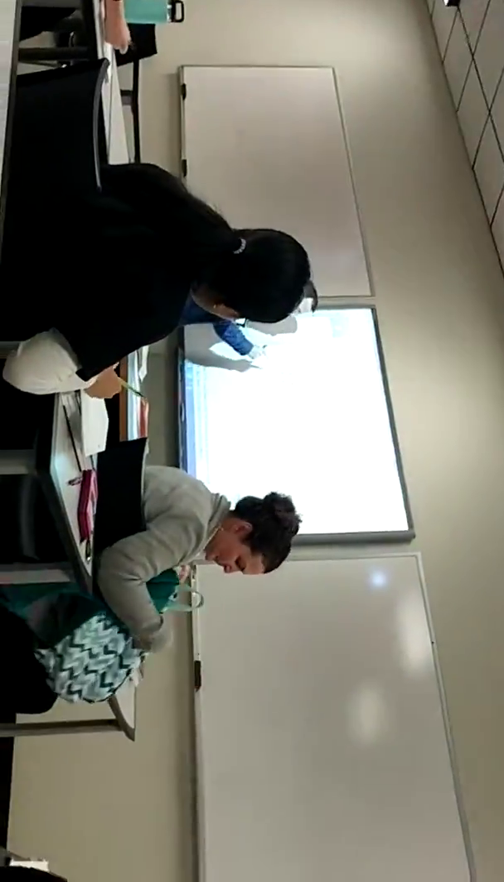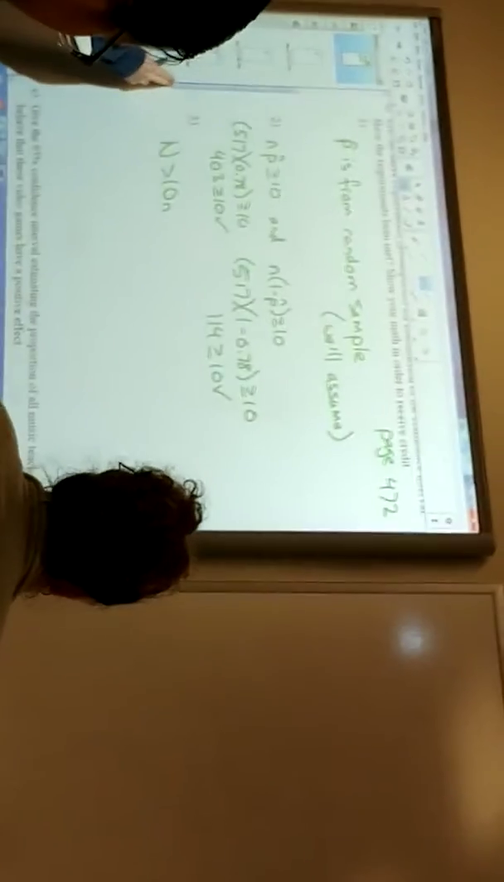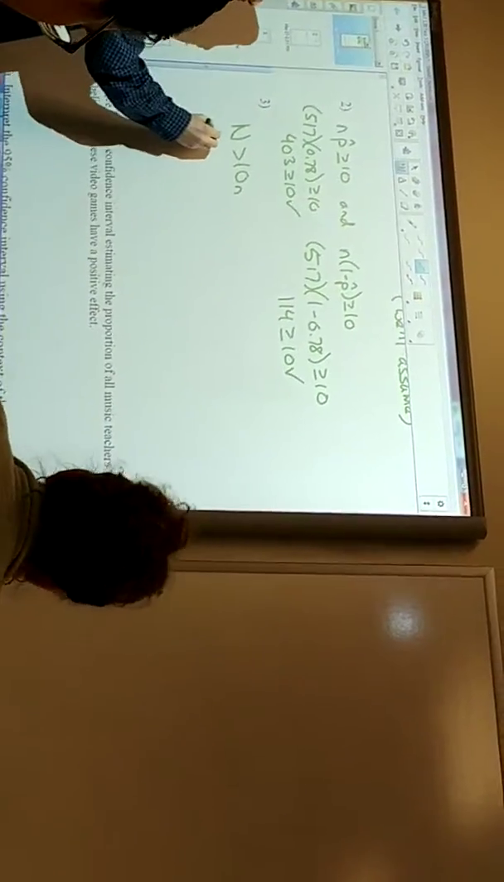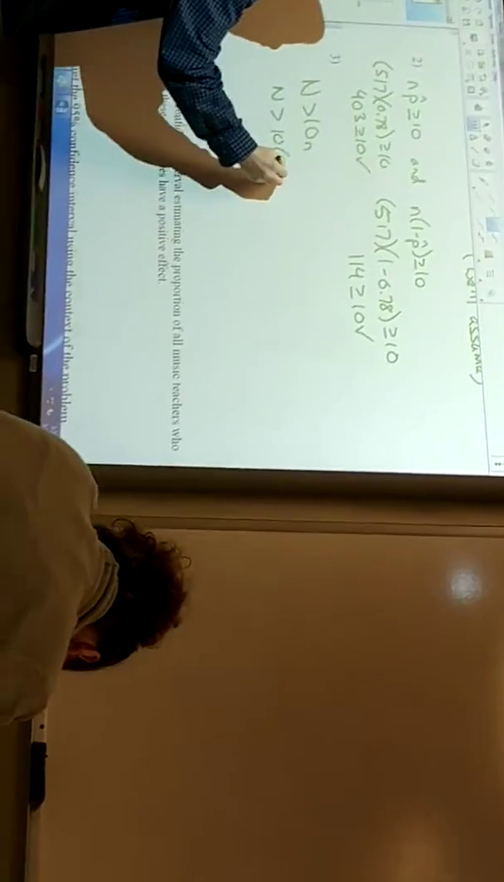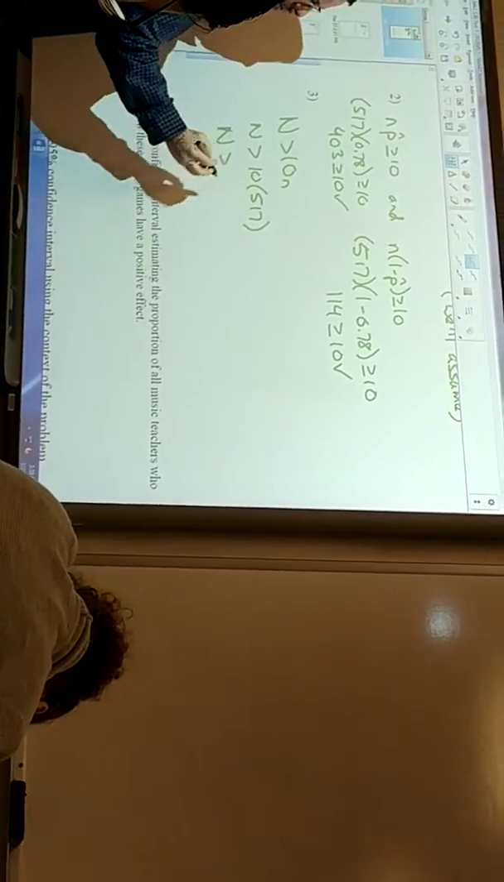All right, and the third thing, and this is where it might be a little confusing. The book and everybody here, we use that capital N is larger than 10 times little n, but our little n is what they call capital N, so that I would say is confusing. But what it's saying is that the population that you're sampling from needs to be larger than 10 times your sample size. So our sample size is 517. So I need to make sure that my population is larger than 10 times 517. So that means that it needs to be larger than